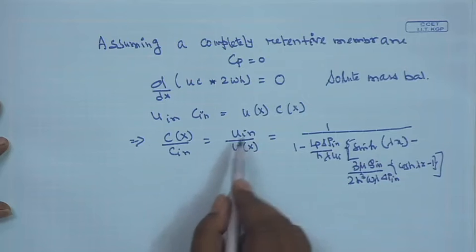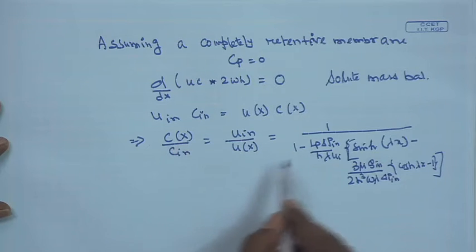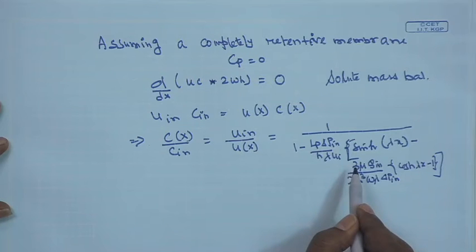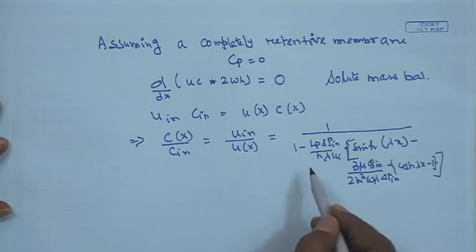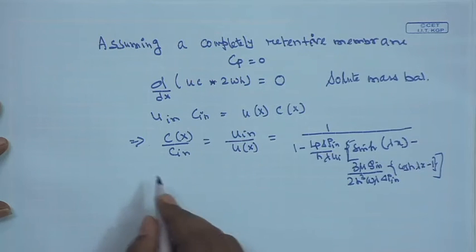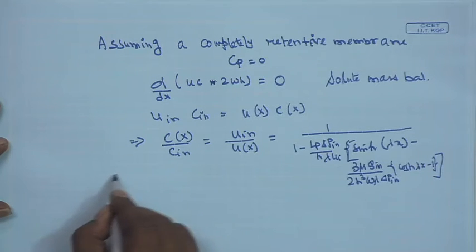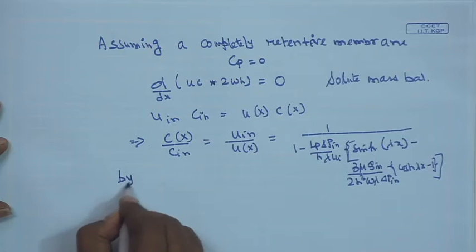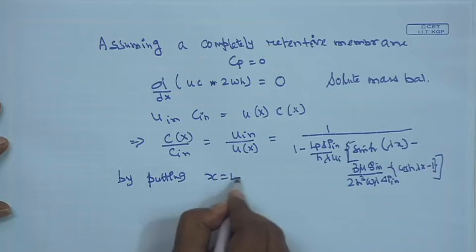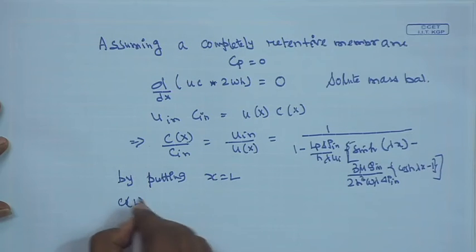So, therefore, the concentration in the feed channel will be increasing as a function of x, because the denominator will be decreasing along the length of the channel. So, inverse of that. So, therefore, the concentration will be increasing in the feed channel, and at the outlet the concentration can be obtained by putting x is equal to L,